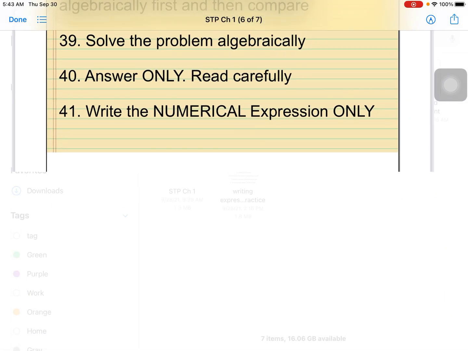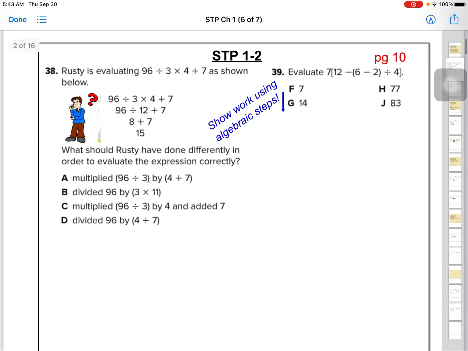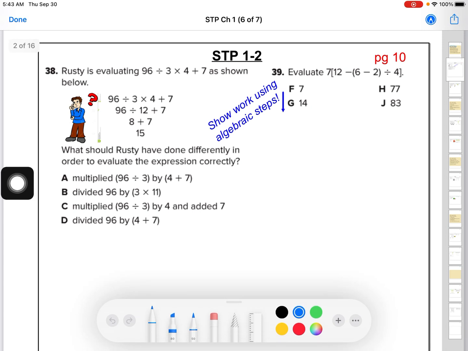All right? So if we take a look at the first problem, it said Rusty is evaluating this expression as shown. What should Rusty have done differently in order to evaluate the expression correctly? So you could look and see that he did something wrong, but you want to know what he did correctly. So my tip for you was to think about solving that problem on your own first. So if I take a moment and try to solve this problem,